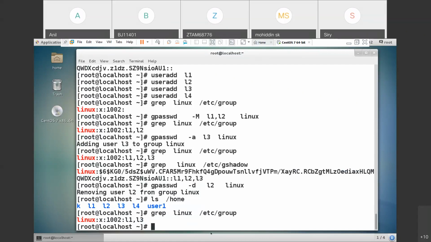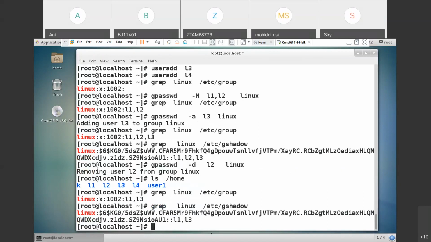Okay. Now my requirement is to make one of the users admin for the group. What is my requirement? I want to make one of the users admin for the group. So for that, I need to use this command gpasswd. Before that, you check whether anybody is the admin for the group. Where will you check? In gshadow. Nobody is a group admin. So now I'll add one more